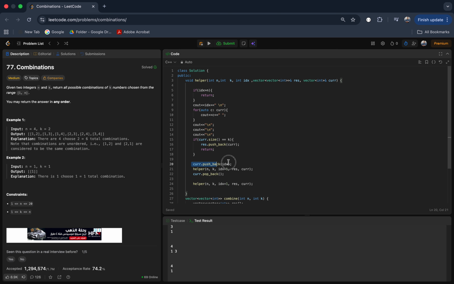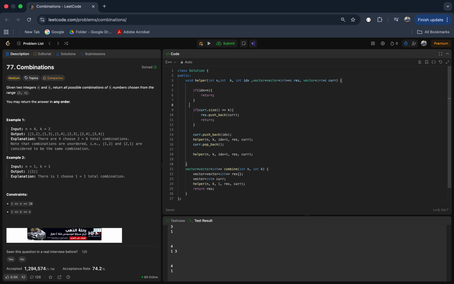Why are we not adding index? Okay, whenever index 4 will come here, index 4 will be added here. Okay, I got it now. What's the issue? See what is happening is whenever index 4 is coming, index 4 is getting added here. After that, when it is called for index plus 1, like the fifth index is going. So whenever the fifth index is going, at that time only we have 1 and 4, or the fourth thing is